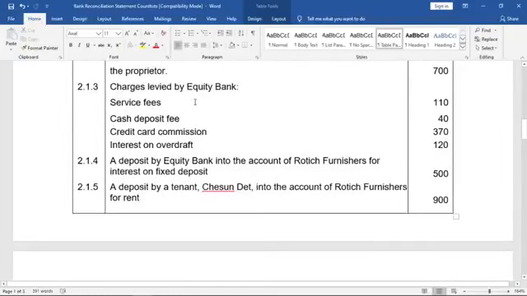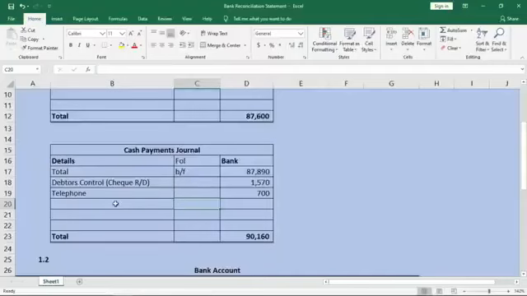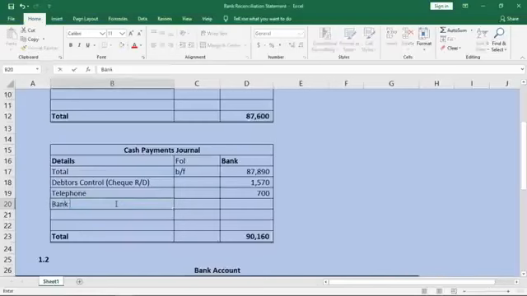Now remember, we mentioned this when we went through the theory, that when you are told that charges are levied by Equity Bank, we're talking about bank charges. But we have service fees, cash deposits fee, credit card commission, and interest on overdraft. So what do you do? You add all of them up together and name them bank charges, except for interest on overdraft. Remember, we said that interest on overdraft we record separately because it's a finance cost. So we add all the three together: 110, 40, and 370. So I'm going to write here bank charges,